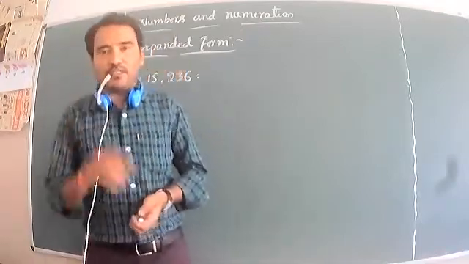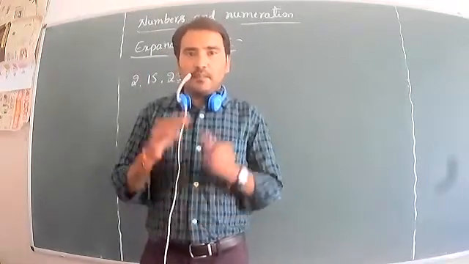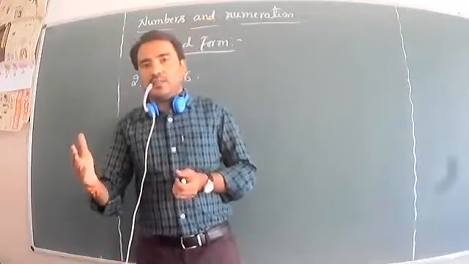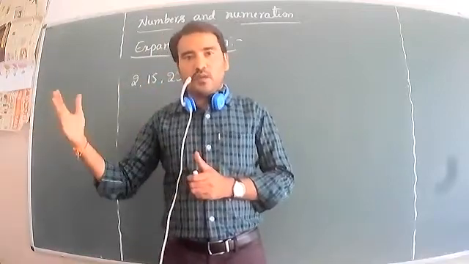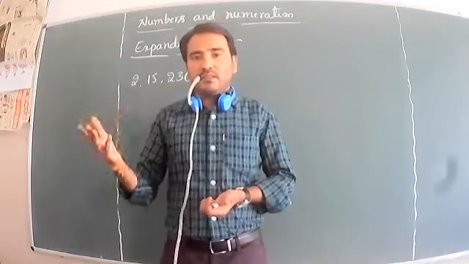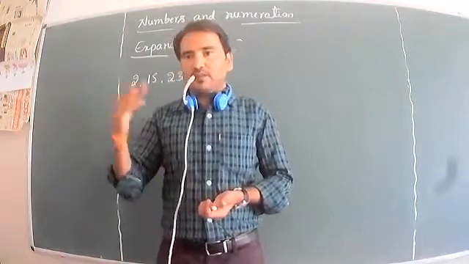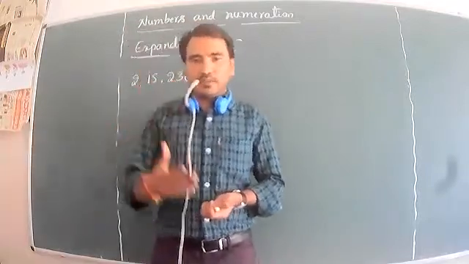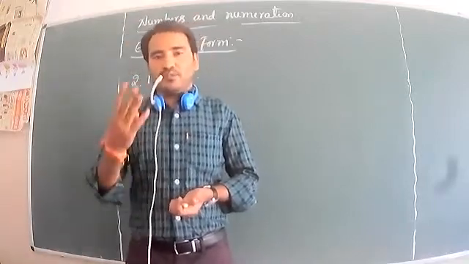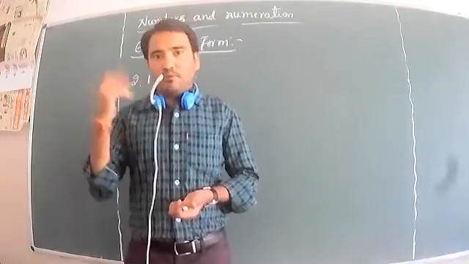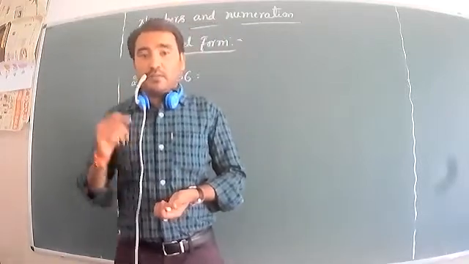So what is expanded form? Expanded form writes each place in order. In the given number, the places depend upon the position of the digits. Using plus, we can distribute the places to each digit. That is called expanded form. In the third standard we had only four digit numbers, but here we go up to ten lakh numbers, so we have to write the expanded form.